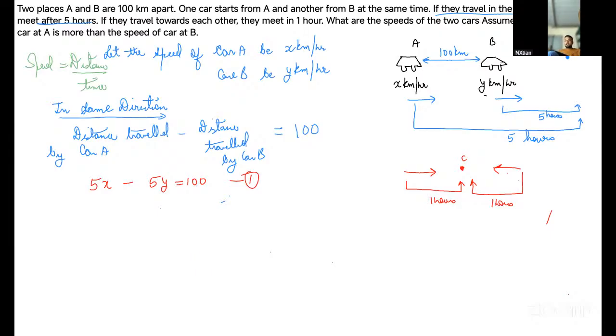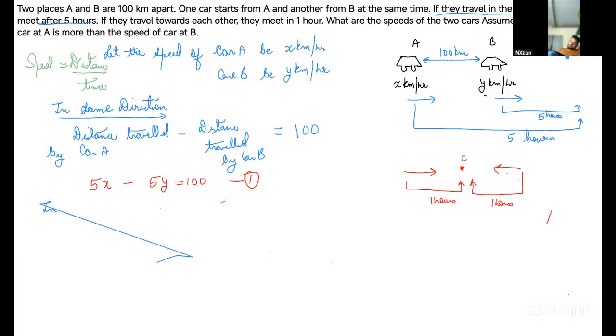Did you understand, guys? Please ask me. Okay. Distance is basically speed into time. Speed is x for car A, and the time is 5 hours to reach point D. For the distance traveled by car B, y is the speed and the time taken is 5 hours. So 5x minus 5y is equal to 100. This is the first equation. Now, second,